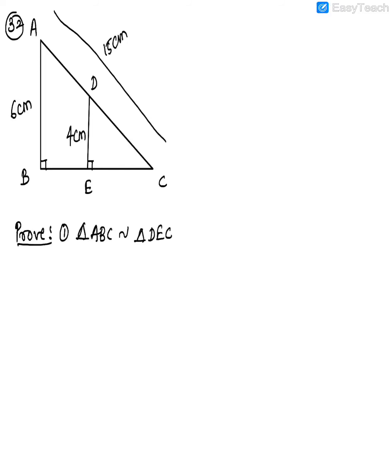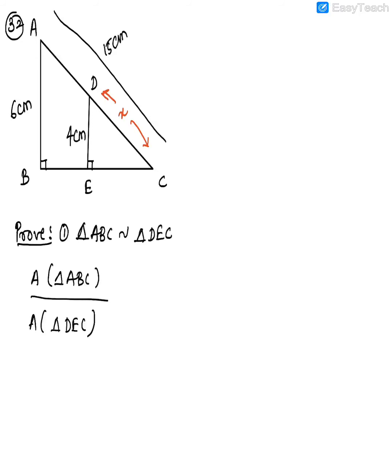So A, B, C and D. It's quite simple this time, because you don't have to do a quadrilateral or something, just big triangle upon small triangle here. So guys, I'm not going to solve this problem. I'll just discuss it with you, but I want you all to solve it in your notebook because it's a similar problem. Write the statement and reason, then only you'll gain confidence in this chapter.